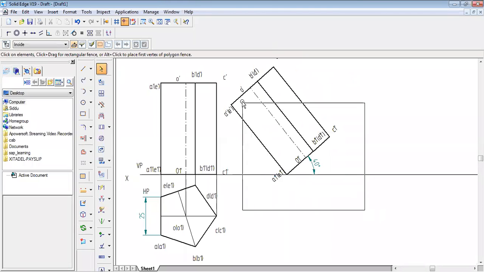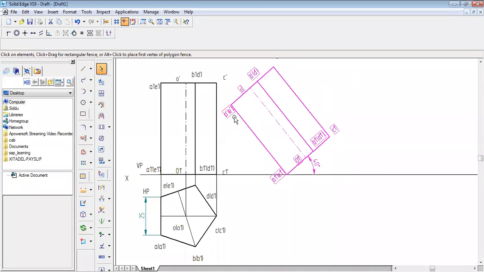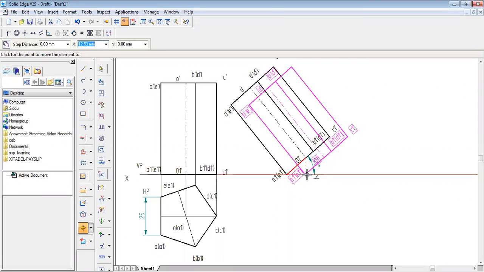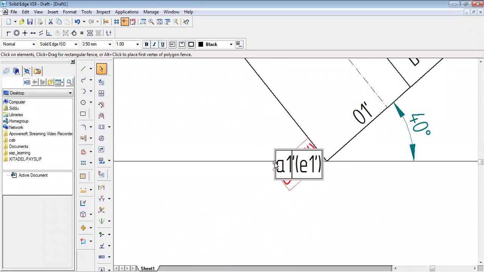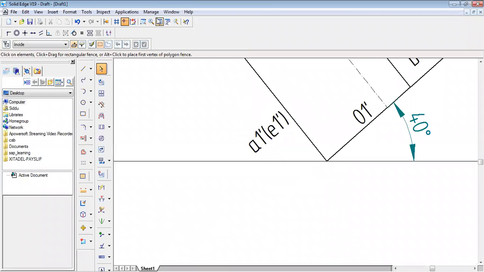So now I'll just move it a little bit to that side. Okay, I think this is fine, good enough. Sometimes they will give the axis inclination, or sometimes they will give the base inclination. That also you should remember. Okay, friends, so now I'll just move a little bit. Now I think this is fine.